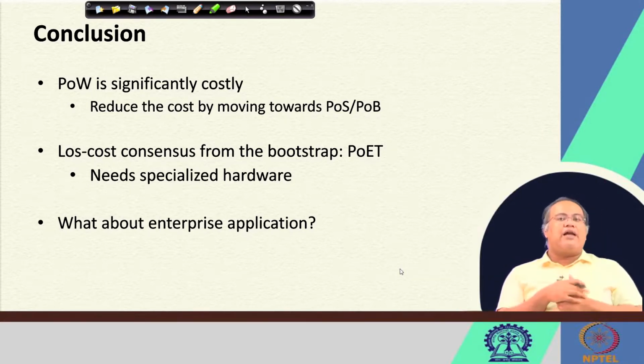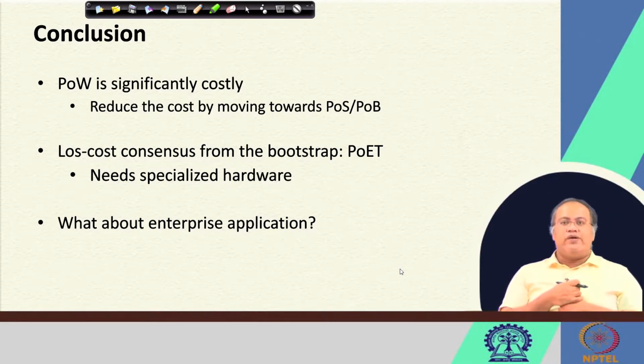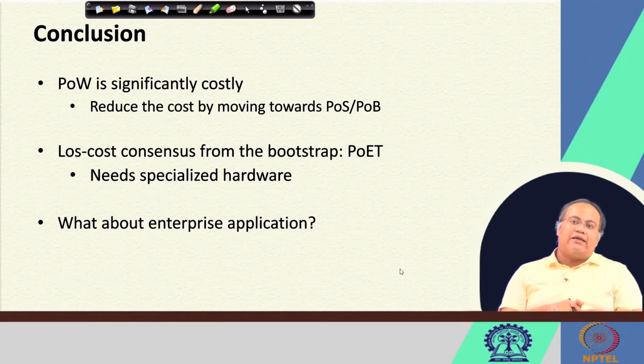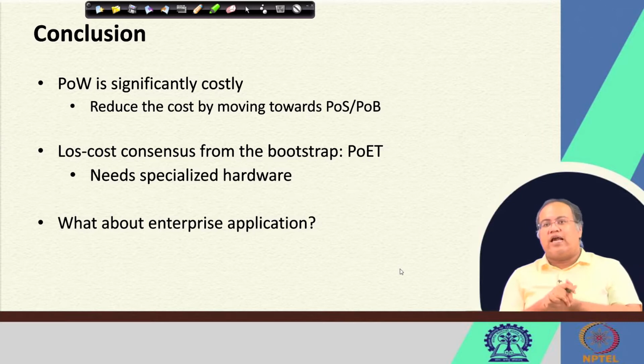So, that is the thing that I always mention, that you do not have any kind of free lunch. Whatever you want to do, you have certain kind of trade off. Now, for your particular application requirement, you need to analyze such trade offs and accordingly choose what consensus algorithm you are going to use. Consequently, what we see is that all these consensus algorithms are primarily designed for an open network or a permissionless network. So, immediately the question comes: what about the enterprise application?